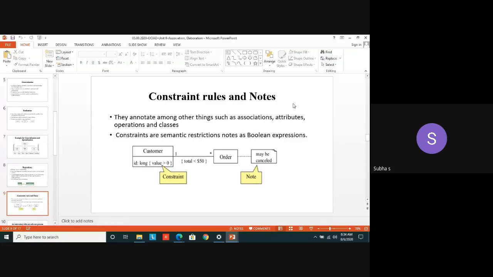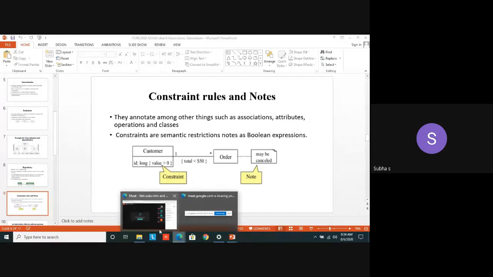Like the comment lines that we give in a programming language, we can give notes here. The comment can be called what? Note, here in the class diagram. Not only in the class diagram, in any diagram you can mention this note symbol. For example, in the use case diagram, you want to mention a particular actor as a primary actor. Assume a library management system. So student will be a primary actor. So you can mention that student as a primary actor in the note symbol.